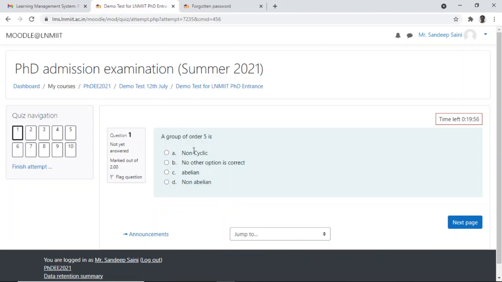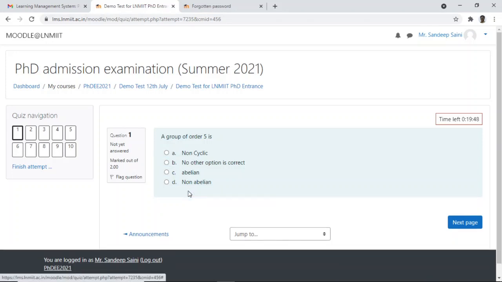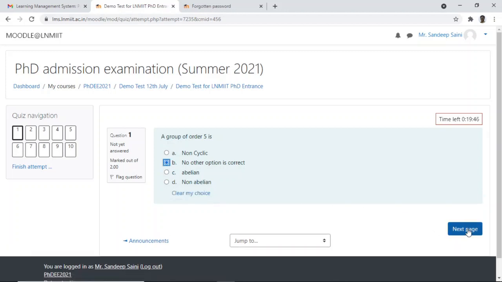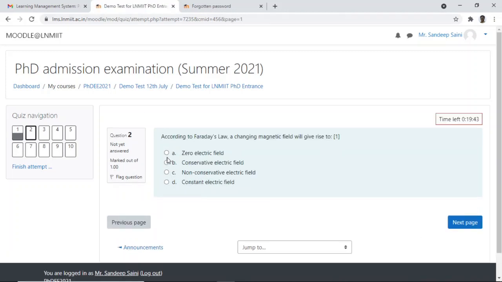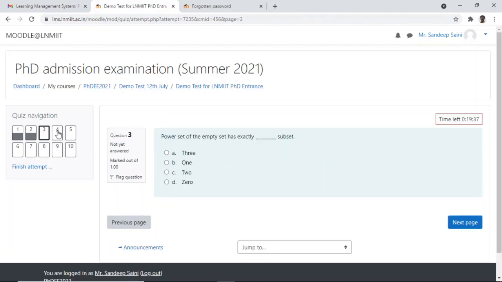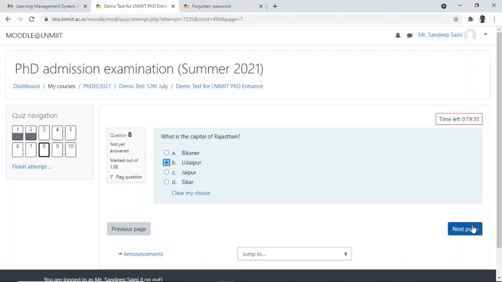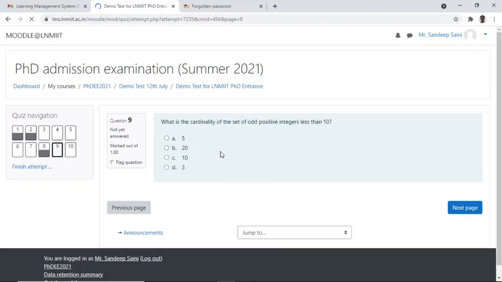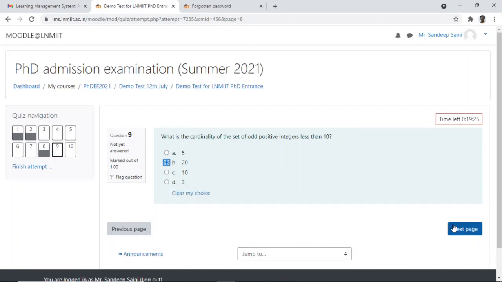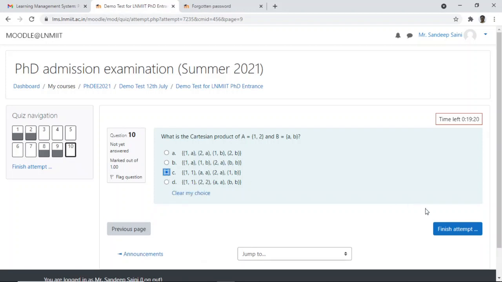The questions are mostly multiple choice question. Take one option. Okay, then you realize, no, I don't want to answer this. You can clear the choice. Okay, select an option, go to next page. The next question, select any question and go to next. You can also traverse through these on the navigation panel. You can go to any question number from navigation panel also, and I am selecting all the random answers here. So then you just say next, and once you reach the last question, you attempt it and then you get